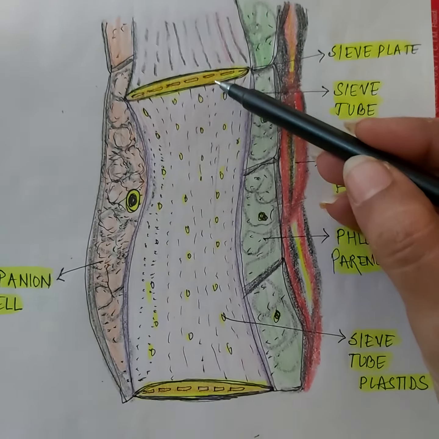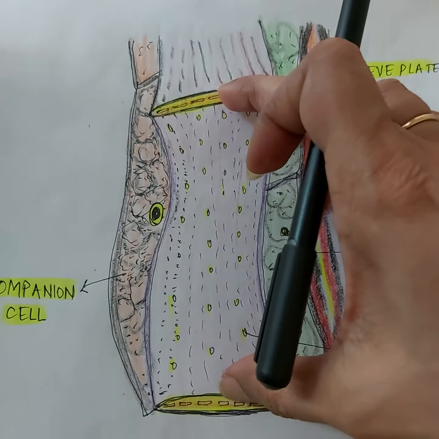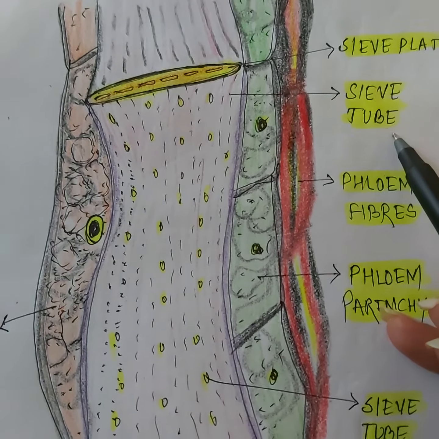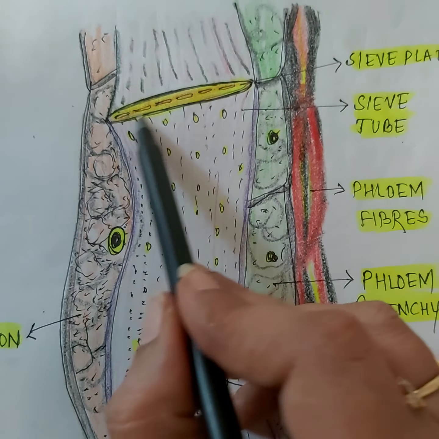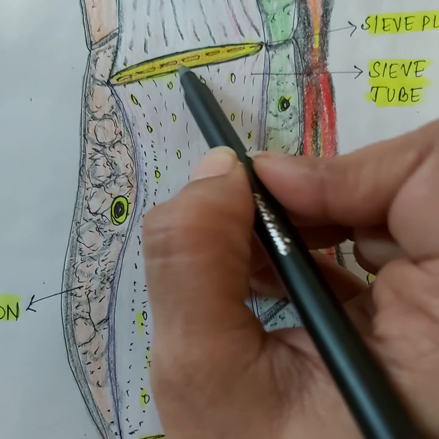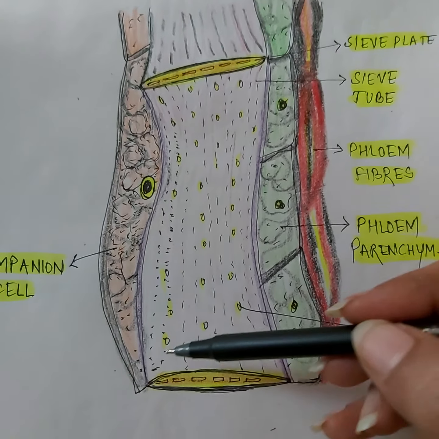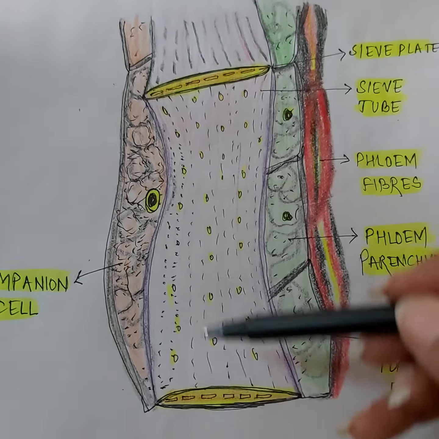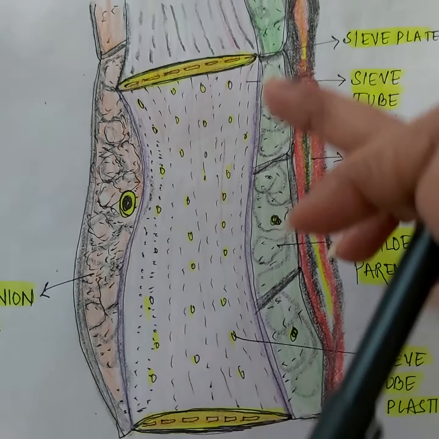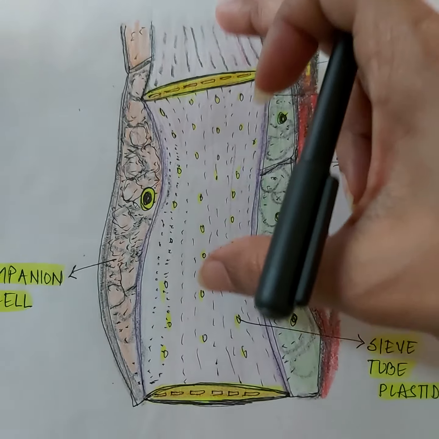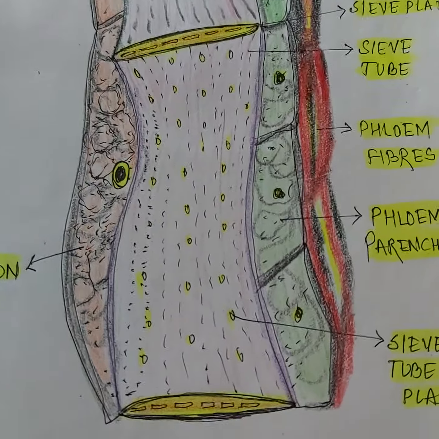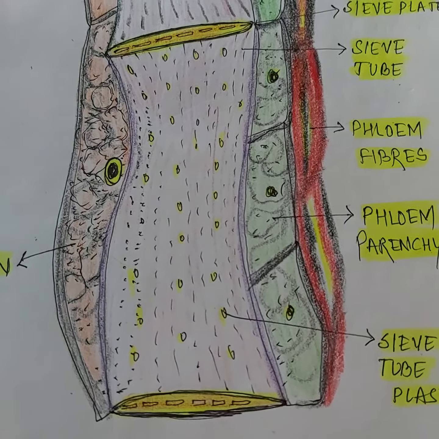The first one, you can see the cylindrical tube-like structures. This is one cell. It is called a sieve tube. And you can see at the end of the cell, there is a sieve plate having pores or sieves. Okay, so the food is conducted through these kinds of cells which are called sieve tubes. This is one single cell and there are several cells lined one above the other in the entire plant body for conduction of food.